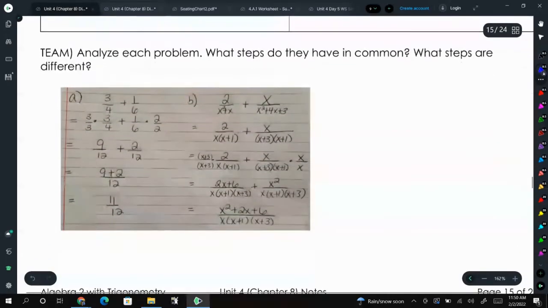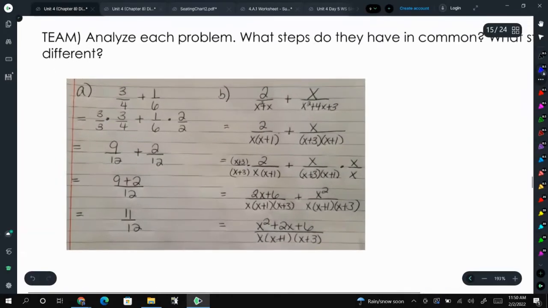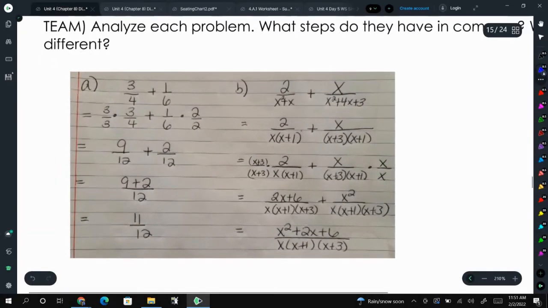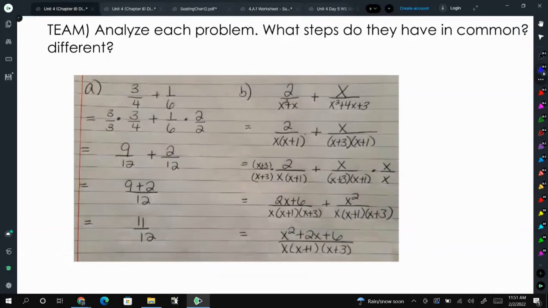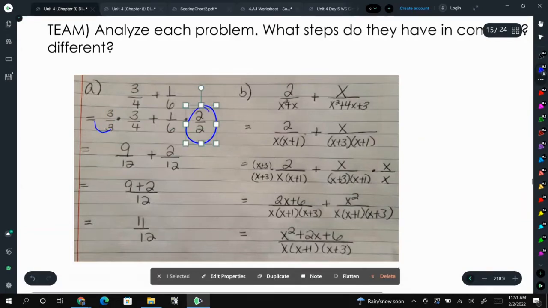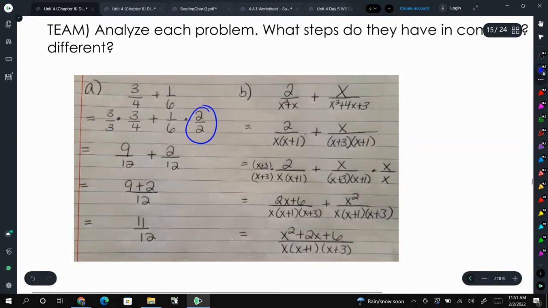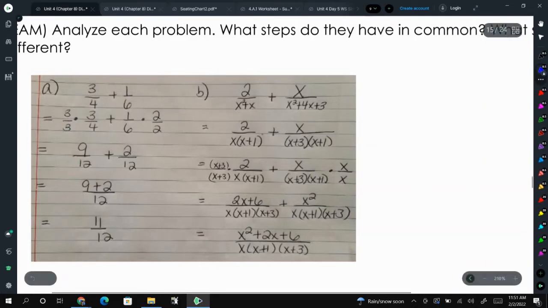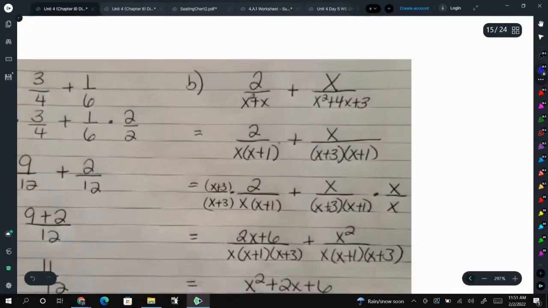So down here, let's look at these two problems and see what are some similarities and what are some differences. Letter A is just using regular old integers or numbers, and we're finding a common denominator by multiplying the left fraction by 3 over 3 and the right fraction by 2 over 2. And then once we get common denominators, we know we can add the numerators up and simplify if needed. Over here in letter B,